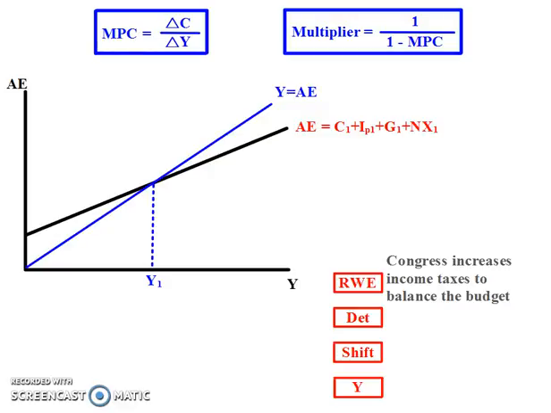And on this podcast, we're going to just continue working with the aggregate expenditure model. So we're just going to go through a set of examples here. So here I have my aggregate expenditure curve, which remember is consumption plus planned investment plus government spending plus net exports, does not include changes in inventory. Here we have Y equals AE, that's the 45-degree line, and then we're at some equilibrium level of gross domestic